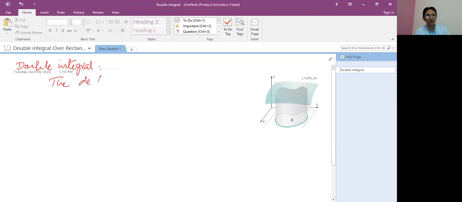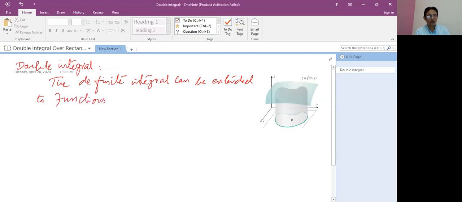The definite integral can be extended to functions of more than one variable, that is, a function that depends on two variables, f of xy. So the double integral of